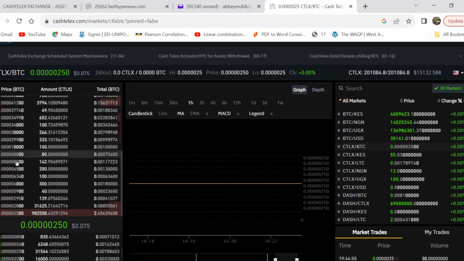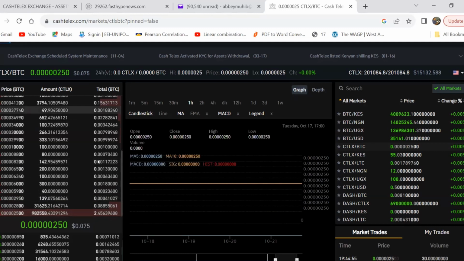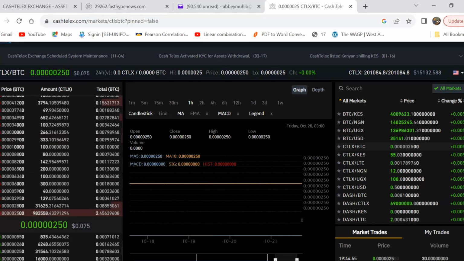Then when you go up, you see somebody is placing a trade that they want to sell CTLX at this rate. If I have BTC, I'll just say, okay, I have a number of BTC, place the order, then I'll buy. I'll just come here, buy. I will not place a trade. But if I don't want to buy from all these people that want to sell, maybe I don't like their price, maybe their price is too high or too low for me, I'll come down